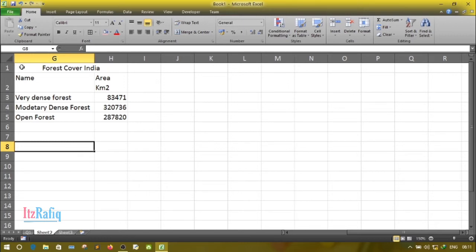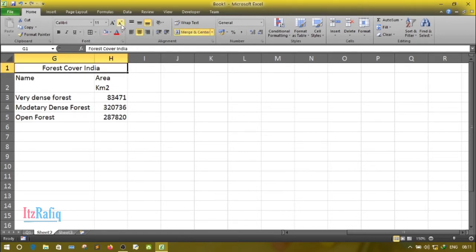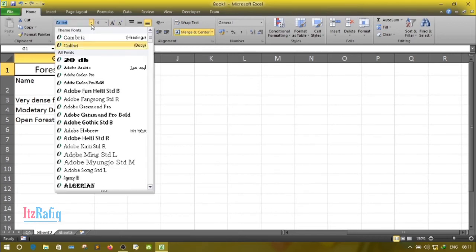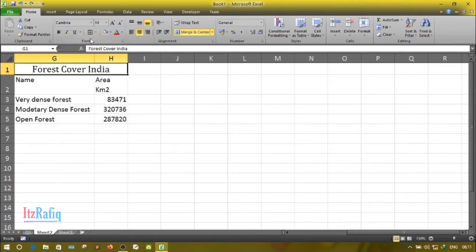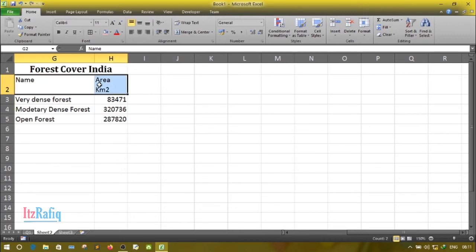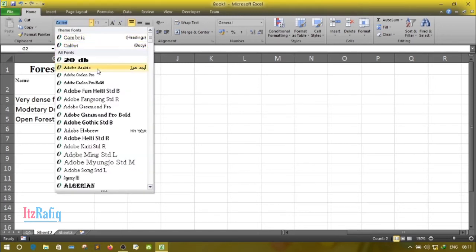Number B, change the font size and color of the data. So we have to change the font size and color. Suppose for the first heading or the table name, we'll make the text size 14 and make it bold. Now for the row heading or column heading, we'll make it bold, with some different text style.